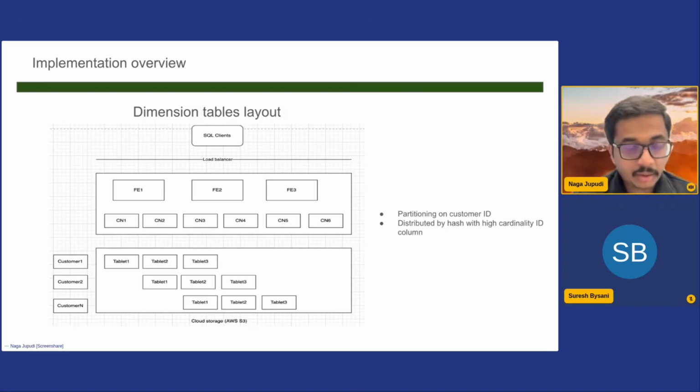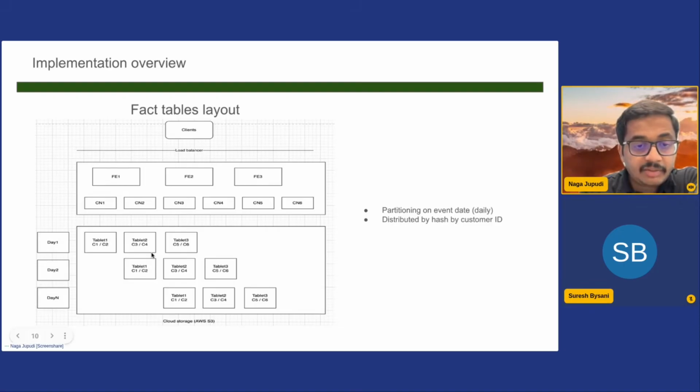When a query comes in, not all the compute nodes will be participating in the scan, and not a single compute node will be participating in the scan either. Essentially we were able to solve our biggest headache with our very large dimension tables by partitioning and distributing the data this way. And for the fact tables, because it is append only and it is time based data, the time series related data that we were getting, the click streams, we partitioned the tables on a timestamp basis, which is always incrementing in time here.